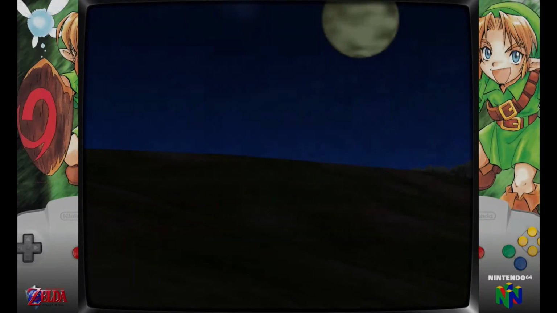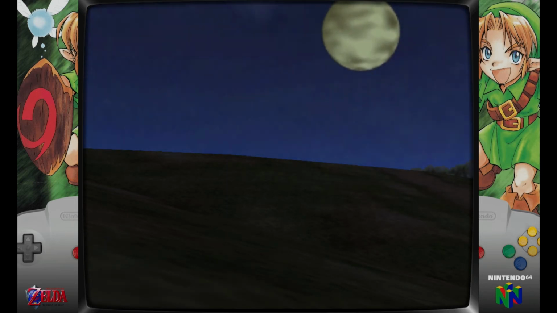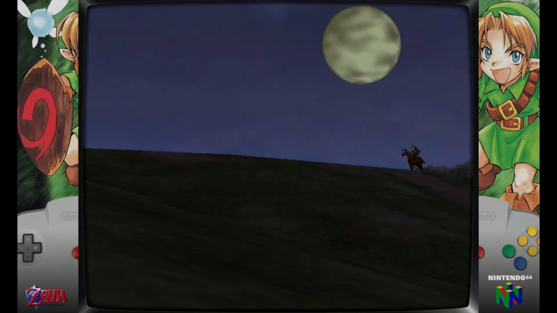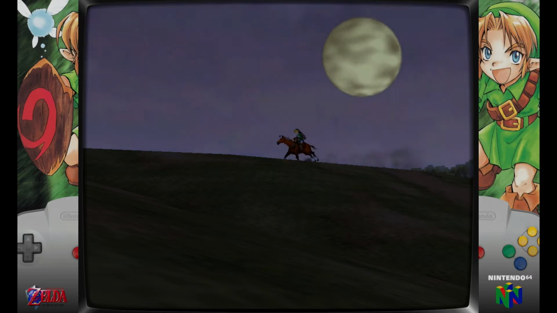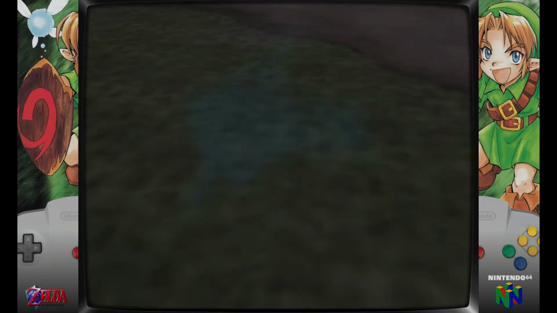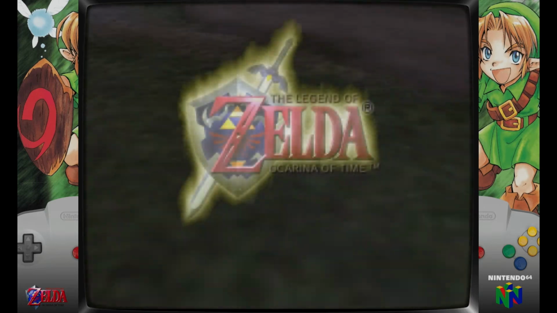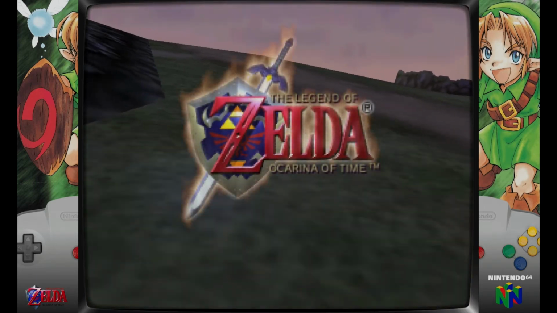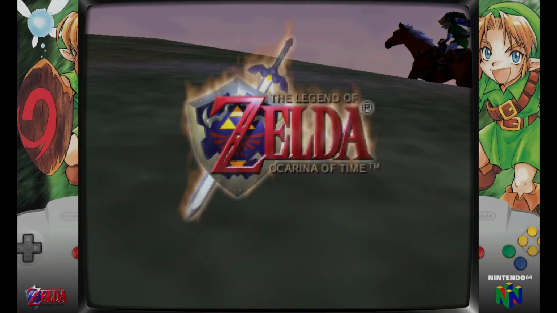Here we are booting up the game, and a quick thing to note is RetroX auto-populates the side art for games it recognizes, so it already put in The Legend of Zelda Ocarina of Time artwork on the sides. Also, RetroX supports